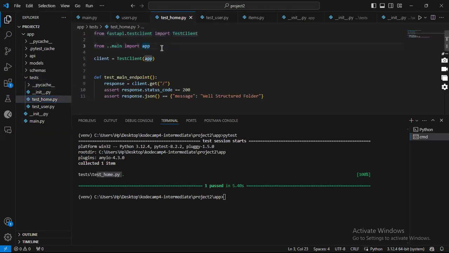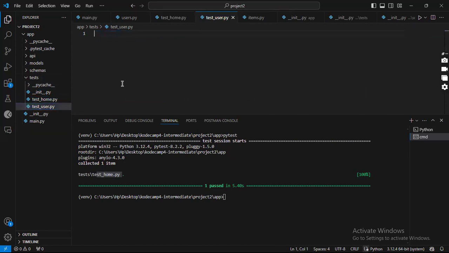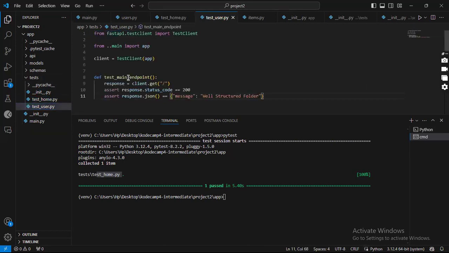And so it's basically going to be almost the same importation because they're in the same directory, right? The test user and the test home are in the same directory. So it's almost going to be the same, except that we're going to change the name here. So this particular one here would be an endpoint that should